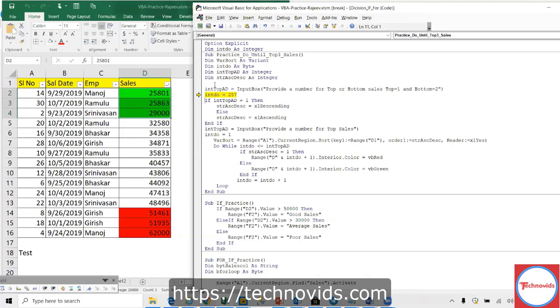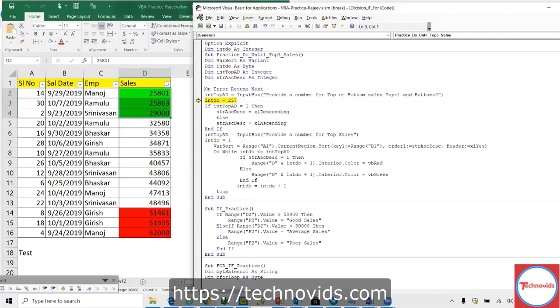There is one easy mechanism which I don't generally suggest. What you can do is On Error Resume Next. In the sense, what it says is, if there is any error, just escape from that error, ignore it and go to the next line.